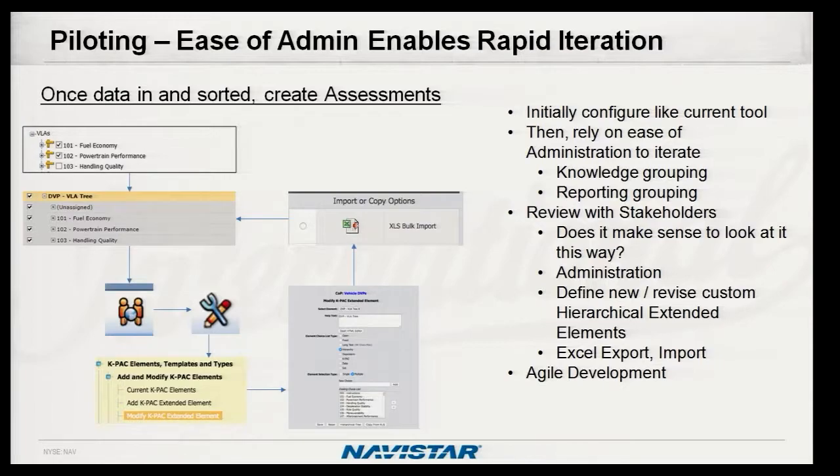So with the data inside of the tool, out of the legacy system, some correct ownership established, starting to fix it up, get the KPACs looking a little better. Once that's done, what we would then do is proceed with creating assessments and iterating the way those work with the particular functional owners. So some other key attributes of the system that I don't think are mentioned too much